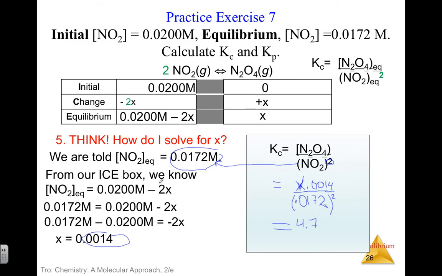Again, ICE box, because we have initial and equilibrium information and we're asked to find K: reaction, K expression, ICE table, plug in initial values, minus x, plus x, carrying down your coefficients, I plus C equals E, and we got our Kc value. The very last thing to look at: how do we convert from Kc to Kp? Remember, Kp equals